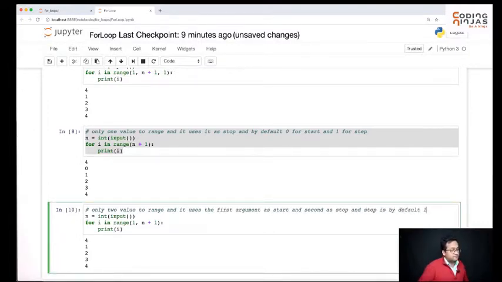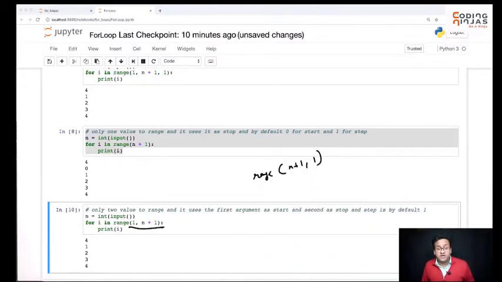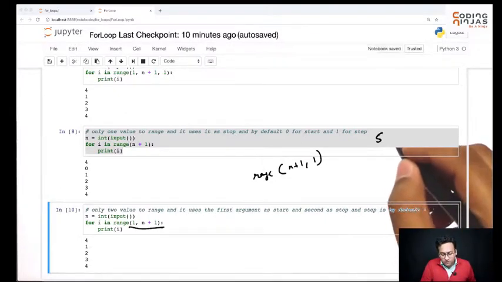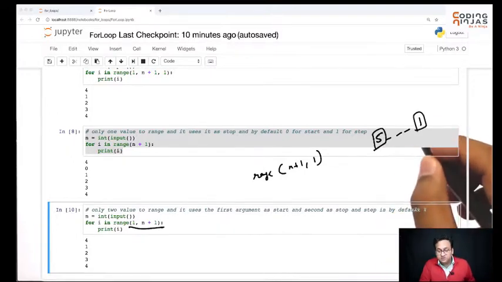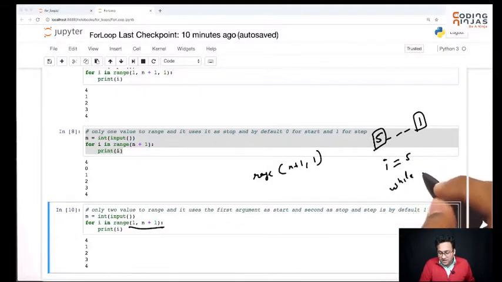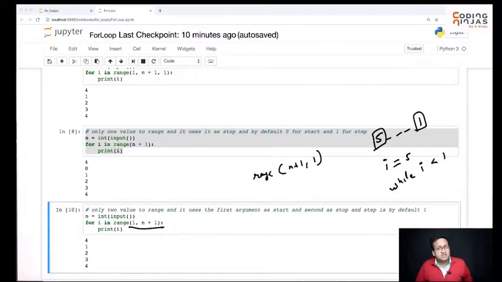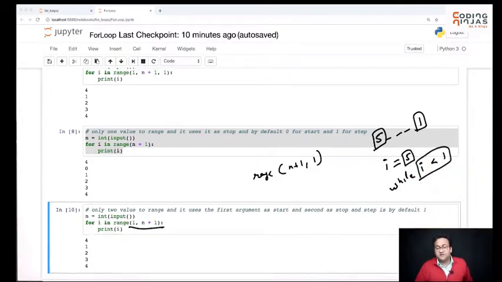And that's why, when we gave range n plus 1 to 1, what were we saying? Hey, you need to start from 5, go till 1 by increasing by 1. That's not going to happen, right? You cannot go from 5 to 1 by increasing by 1. So if start is this and stop is this, it's not going to do anything. It's like saying i equals 5 while i less than 1, do something. Obviously that's not going to work, because that's not going to run the loop. You're starting with a bigger number, and that number in the first step itself is not less than 1, so while is not going to run. That's exactly the same thing that happened here.